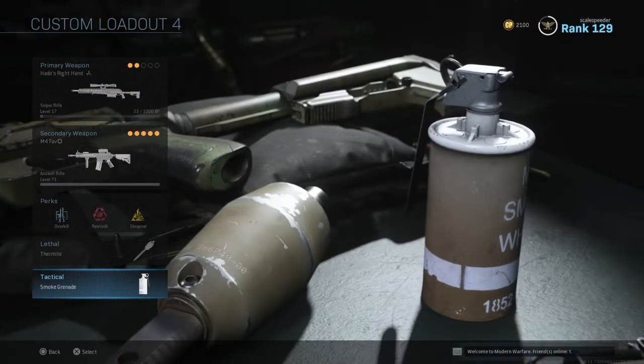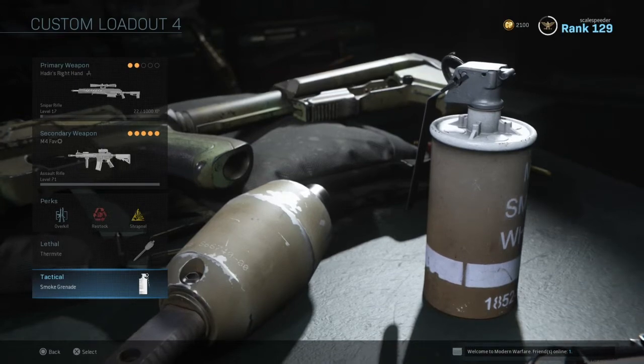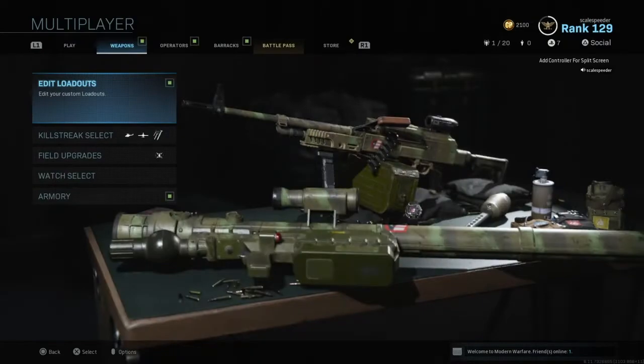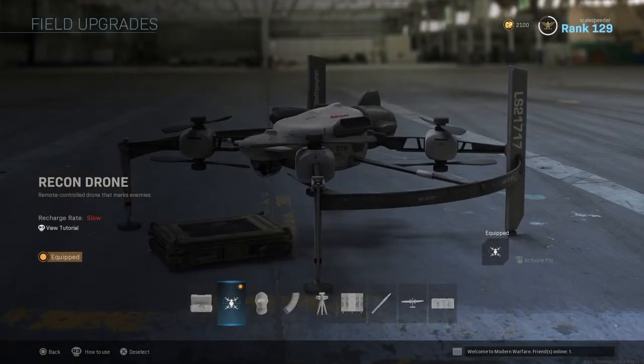Smoke grenade is there if you need to capture flags, you can lob it on, or if you need to make a hasty retreat, you can lob that on as well. And then, as for your field upgrade, now you can play around with this, but an interesting one to...